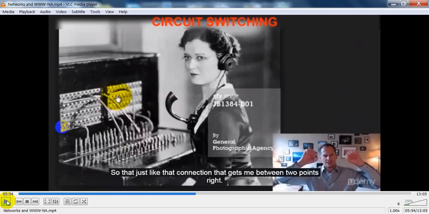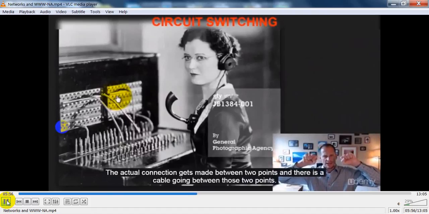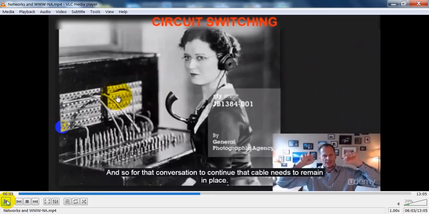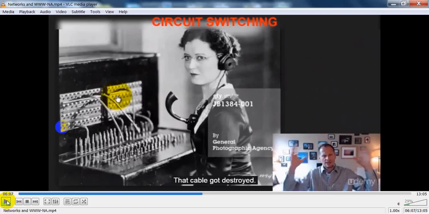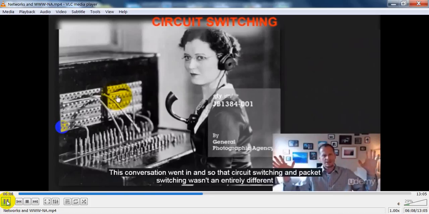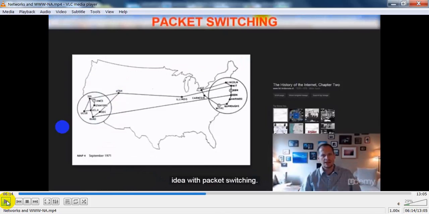It's just like that connection between two points, right? The actual connection gets made between two points, and there is a cable going between those two points. For that conversation to continue, that cable needs to remain in place. If that cable got destroyed, the conversation went dead. So circuit switching and packet switching